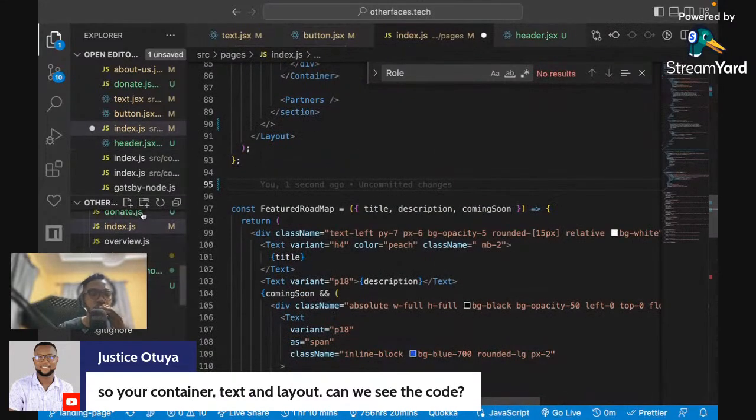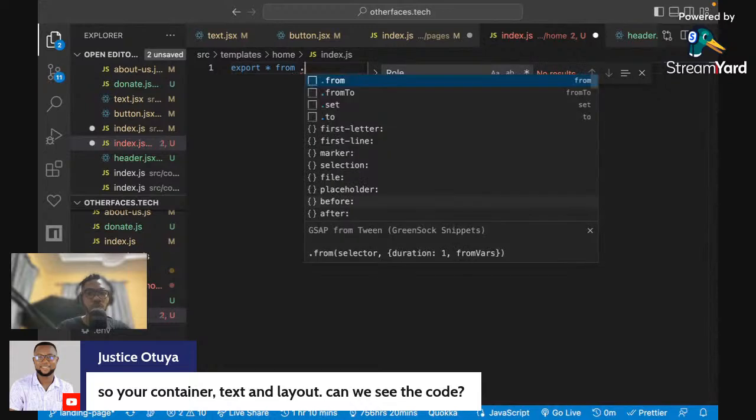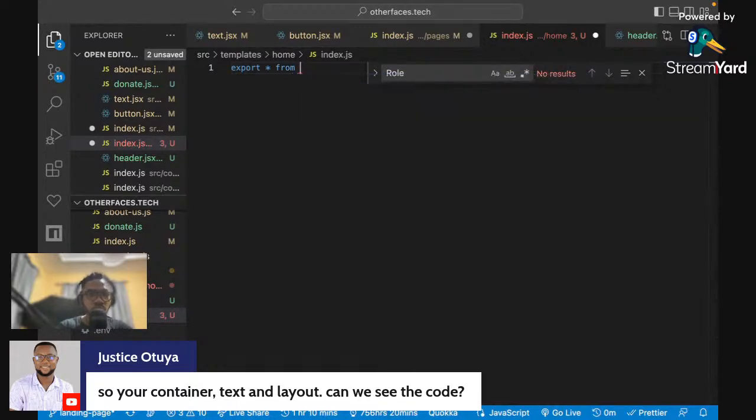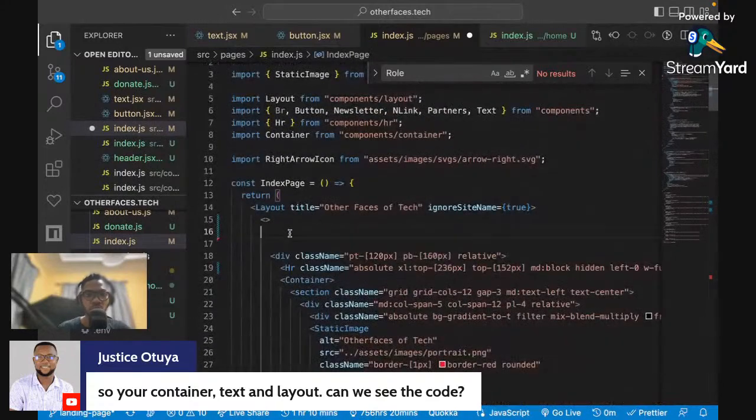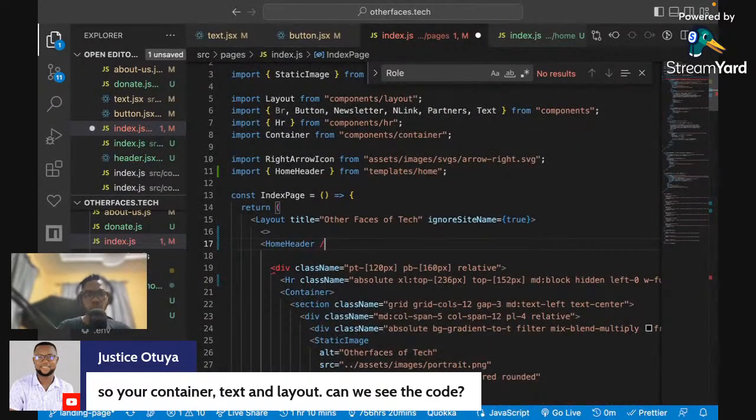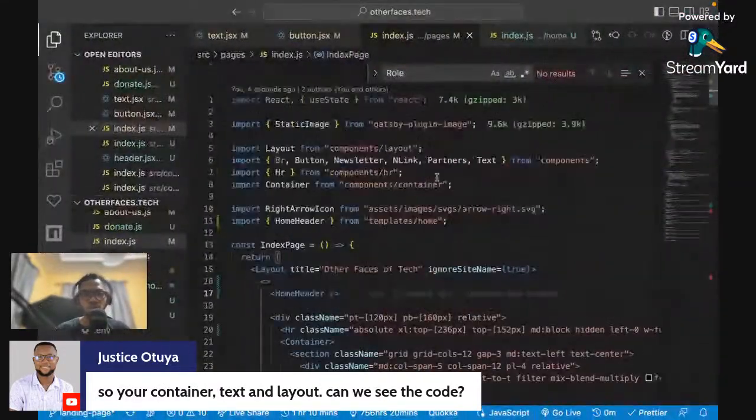So what that means is I can come over here and say index.js. I should come inside of here and say index.js, right? And I should export all from header, right? Then what that means now is I can come over here and say HomeHeader, right? Save it up and let's see if that still gives us what we want. So yeah, these components obviously